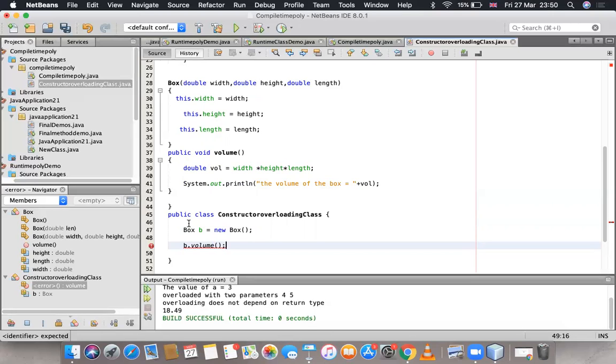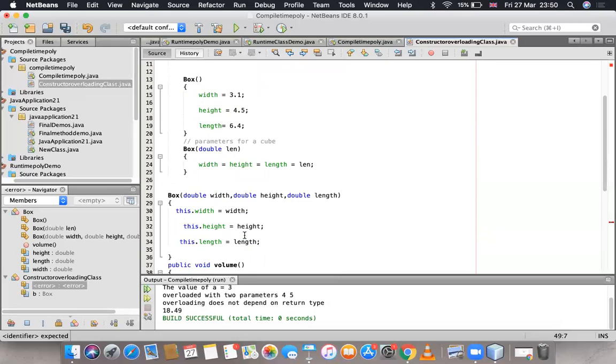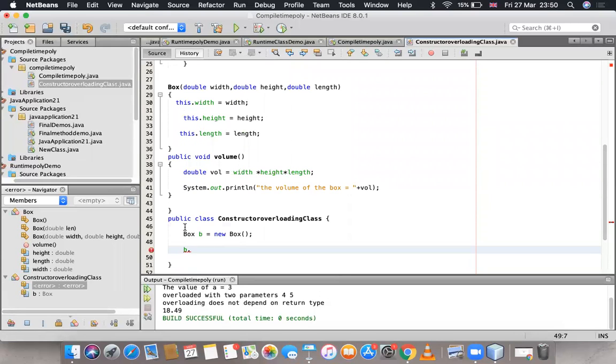Why am I getting an error? Oh, I have not written public static void main here, that's why I'm getting an error.